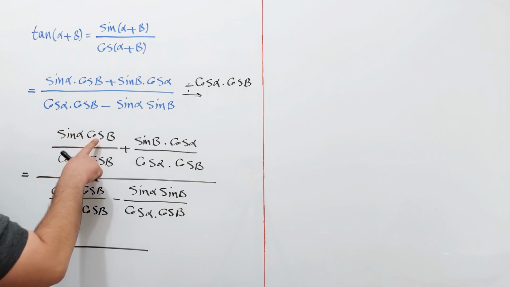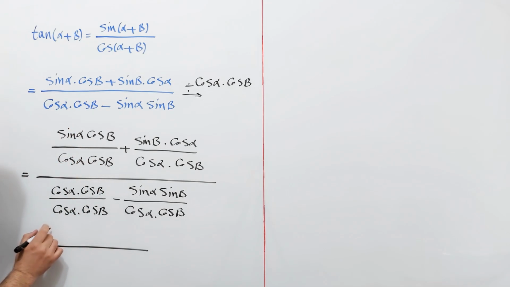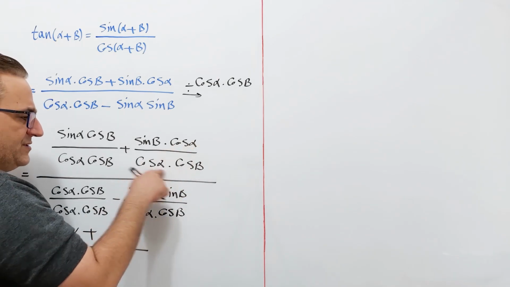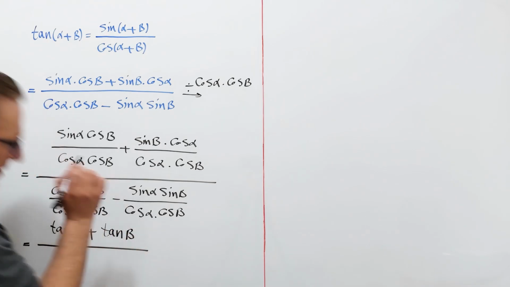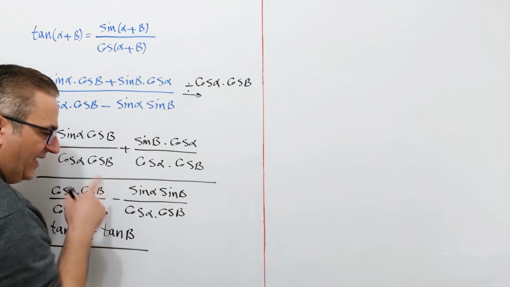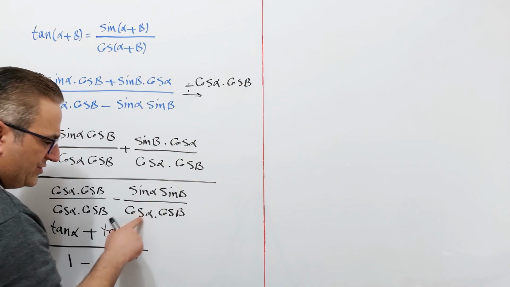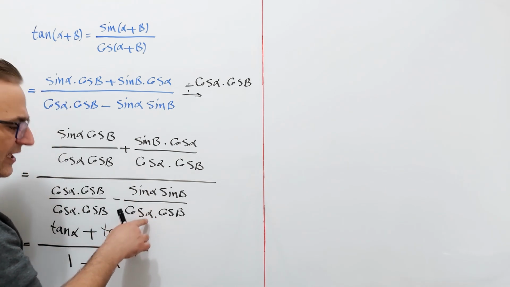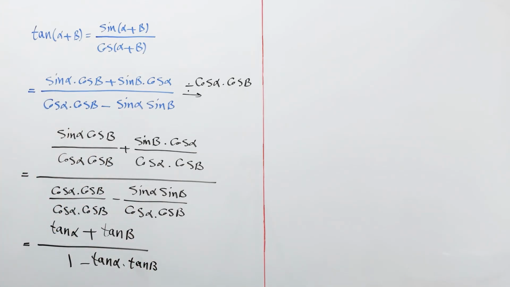So we have cosine beta, they are cancelled out, and sine alpha divided by cosine alpha is equal to tangent alpha plus, here cosine alpha, they cancel out, and we have sine beta divided by cosine beta is equal to tangent beta, divided by cosine alpha times cosine beta divided by cosine alpha times cosine beta is equal to 1 minus sine alpha times sine beta divided by cosine alpha times cosine beta, which is equal to tangent alpha times tangent beta. Okay, so